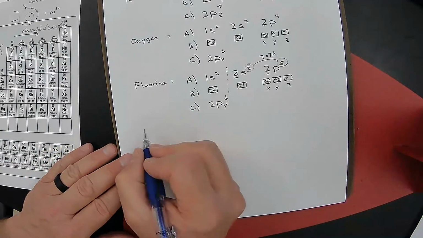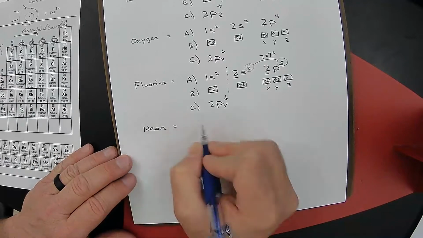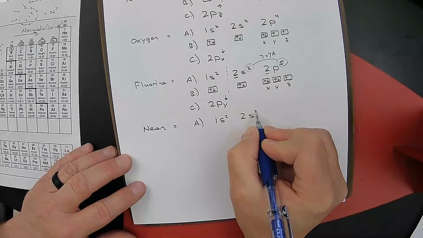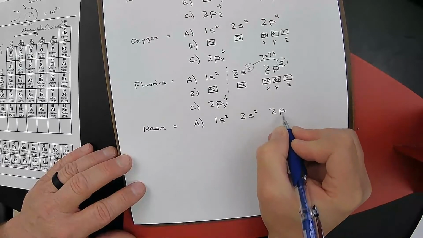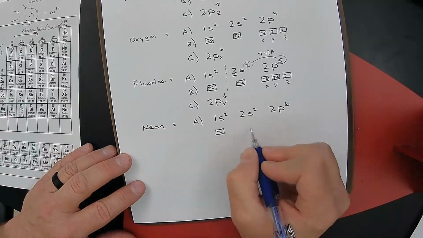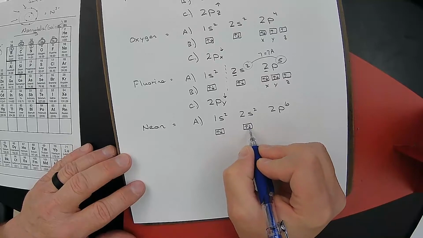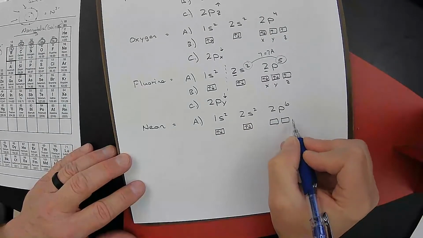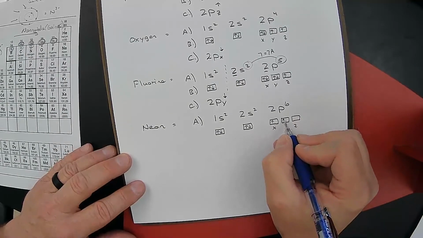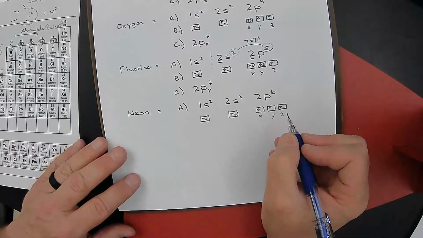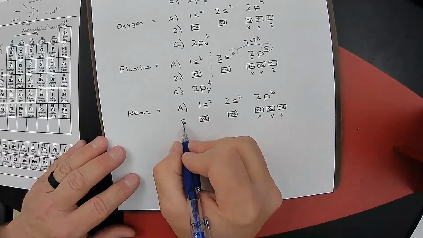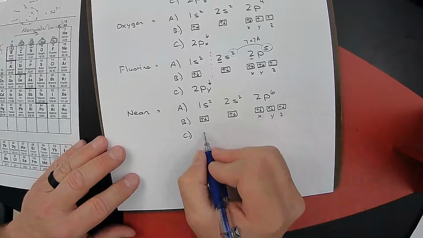For our last element, we're going to look at neon. Neon, we have 1s2, 2s2, 2p6. The s orbital has an up and a down. The s orbital has an up and a down. And the p orbital has an x, y, and z. It's got an up, an up, an up. And then we go back and we go down, down, down. So the very last electron we put in is the